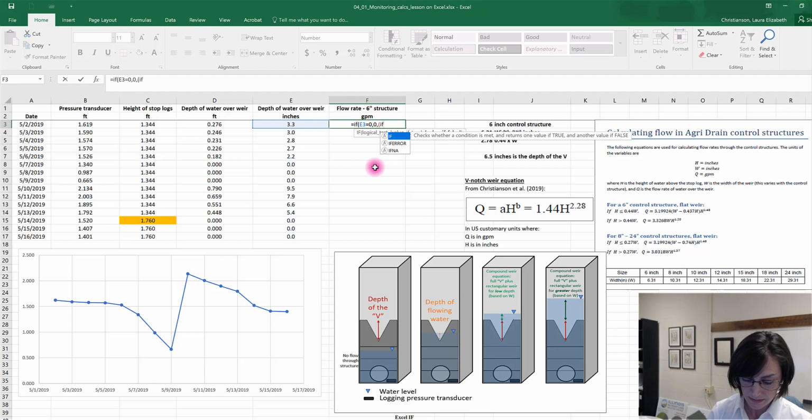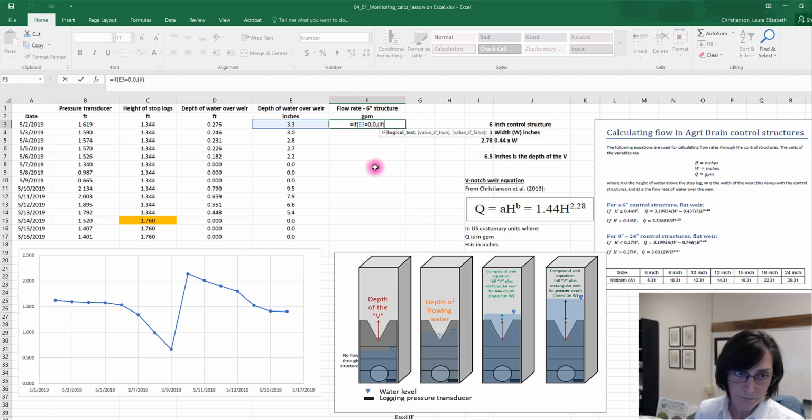If, parentheses, this cell, my depth of water in inches over the V, is less than, you see here, inches is the depth of the V, 6.5 inches. I know my V is 6.5 inches tall, and I'm going to lock that in place.